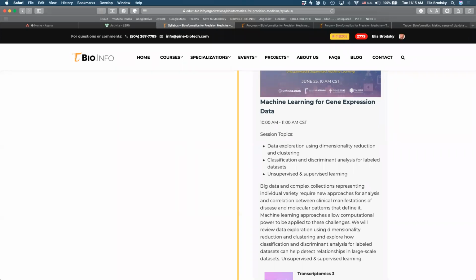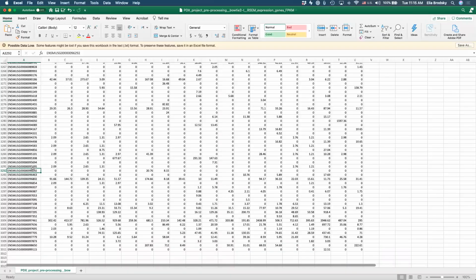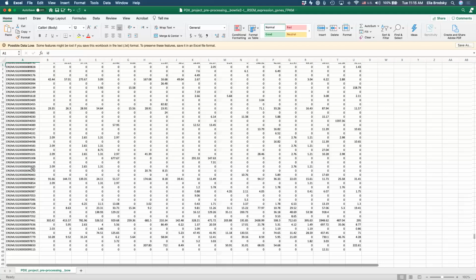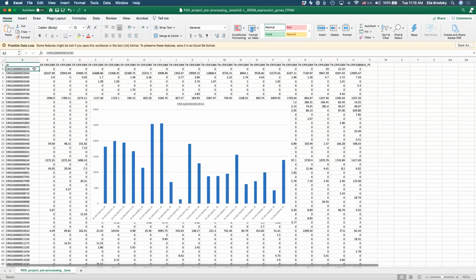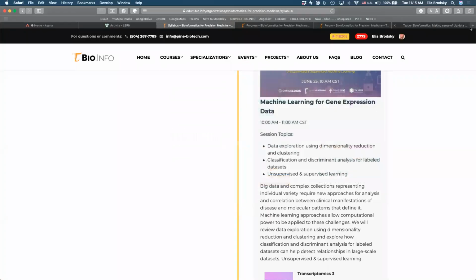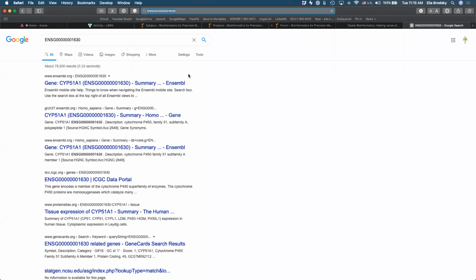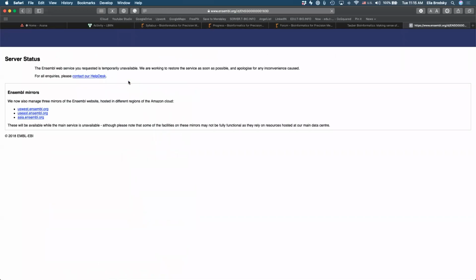Okay, Shipra is asking how to interpret output results, output files. Perfect. So as you saw, we have a gene expression table. That gene expression table has specific genes. Each gene, if you search for that gene, has a specific function. Sometimes that function has been studied and is known. Sometimes it has not been studied and is not known. So here, for example, this first gene that we looked at,